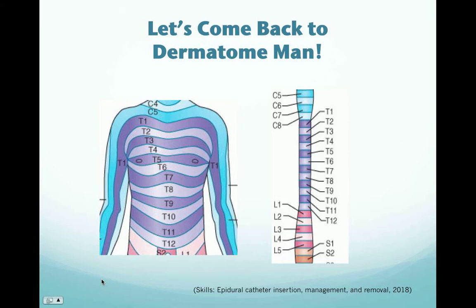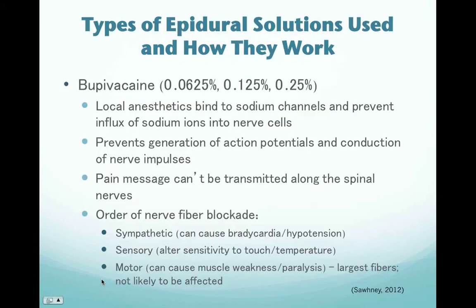And with that said, and we'll go into this a little bit more, by seeing that medication being distributed, you can get an idea of what the medication would do should the catheter be to the left side or to the right side. You would not have equal distribution, and so a patient's assessment, or sensory assessment, and dermatome level